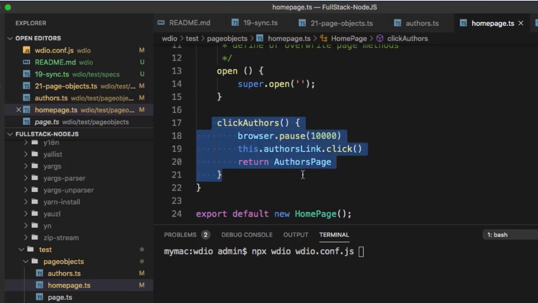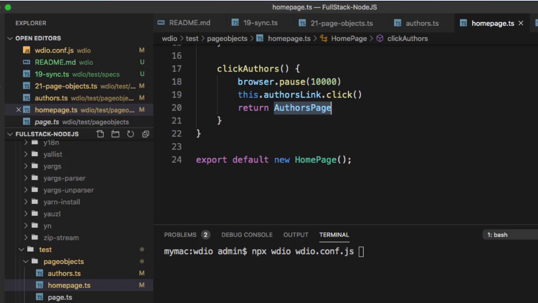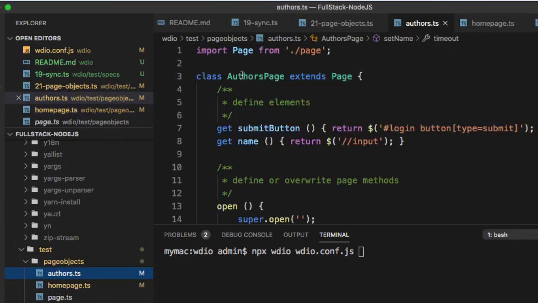Basically here we are specifying, whenever the clickAuthor function is called, go to this authors link object and then click on that. And then what it is doing is returning the authors page, because when we click on the authors link, it is going to open the authors page. And the authors page is again another class, as you can see here.